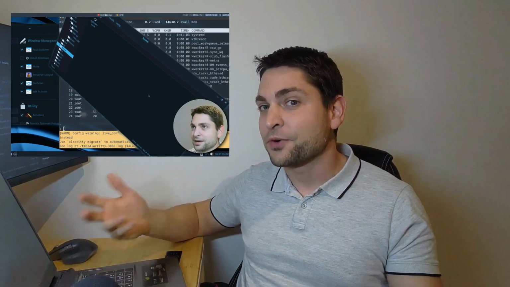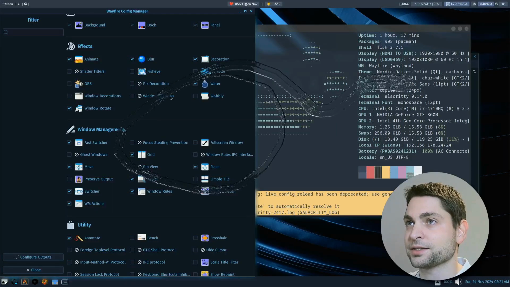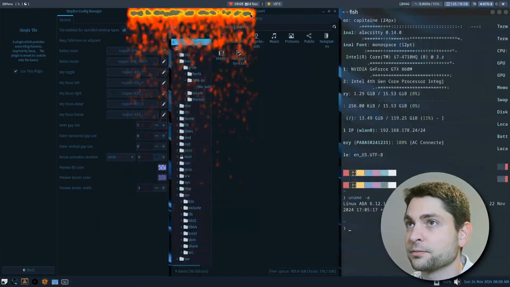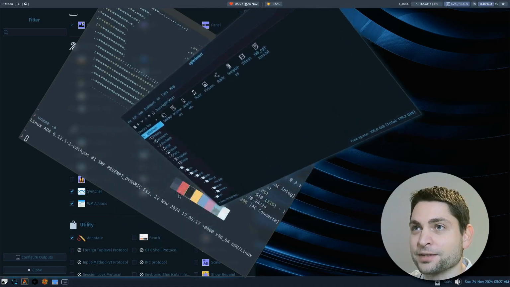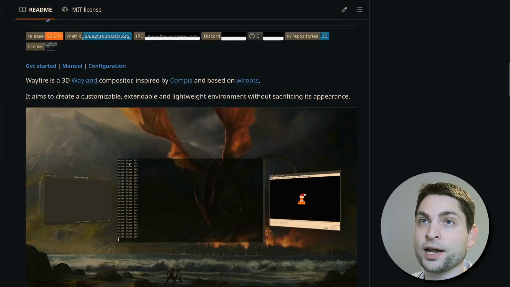With features you won't find anywhere else, like free window rotation directly on the desktop, seamless window zooming, and stunning effects. But that's just the beginning. Stick around as we dive into Wayfire's quirks, uncover hidden gems, and explore why it could be the perfect fit for your Linux desktop. Here I am at the Wayfire GitHub page, and as said, Wayfire is a Wayland compositor